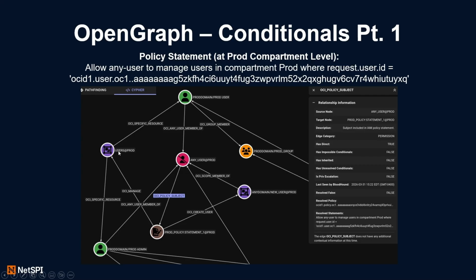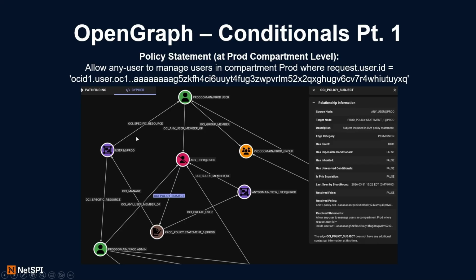I don't know if I mentioned it before, but all these different resource nodes in the graph will be resource at the compartment. So in this case, it's users at the prod compartment. So it allows you to manage users at the prod compartment, and then that includes the prod admin user, as well as the prod user, right?